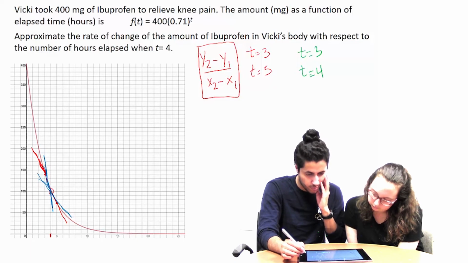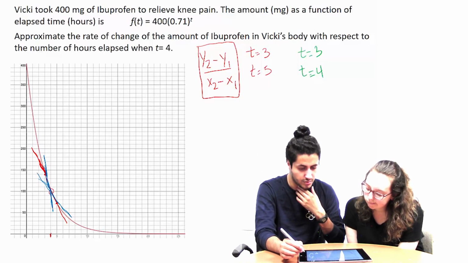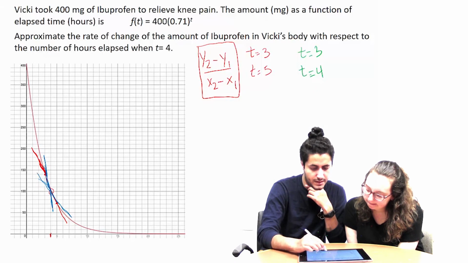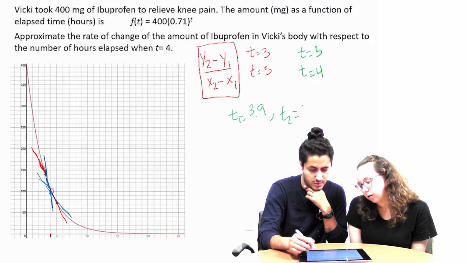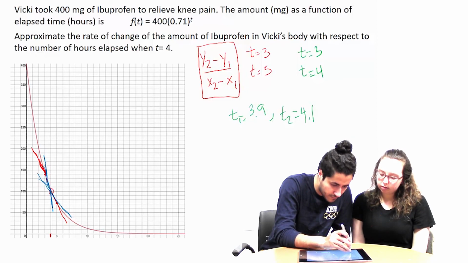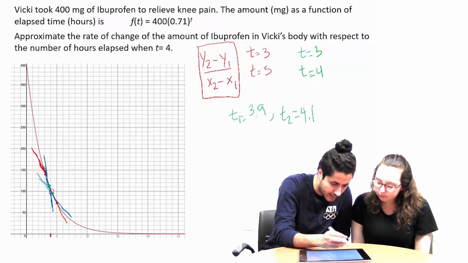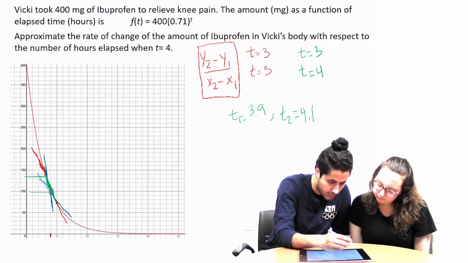And we want to be as close to 4 as possible. Yeah. So like, could we possibly do something like t equals 3.9? Okay. And then it's like we'll do t1 equals 3.9, and then t2 equals 4.1, because then that would get us something like there, and then we would get a lot closer, which would get us this line here,